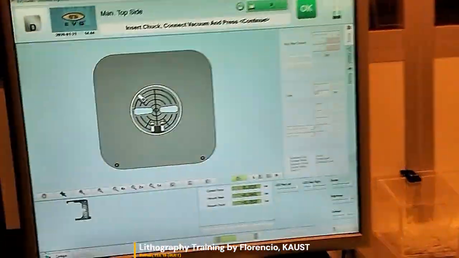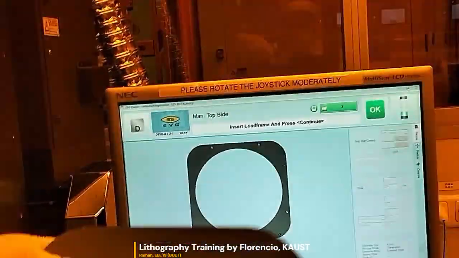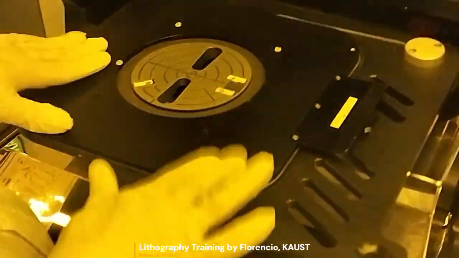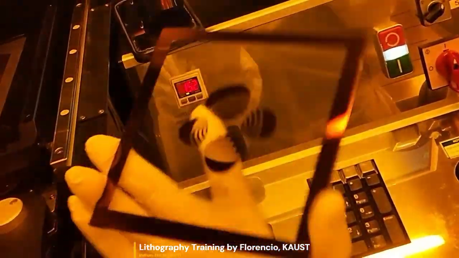So continue. Now it says insert the load frame. There's another pin here, 2 pins. Make sure it's inside here. Alright. Continue. Insert the mask. So this is the mask. We produce this in the mask writer tool. So when you load, it should be chrome side down, glass side up.